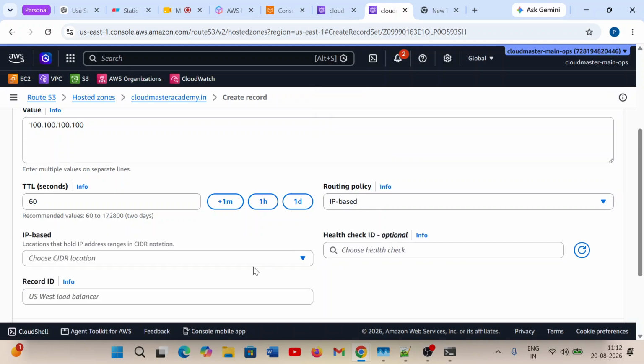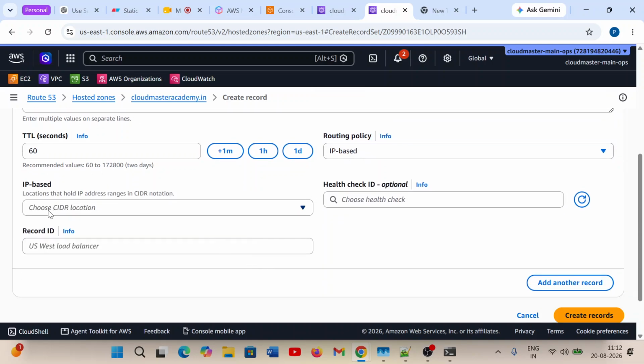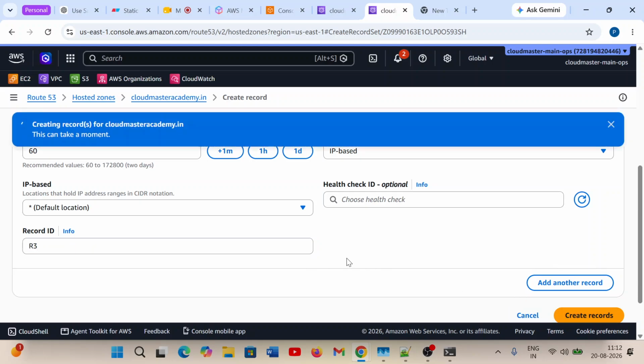IP based routing. Choose CIDR. Now see, default location is available. I am saying this is R3. Okay, create record. So basically